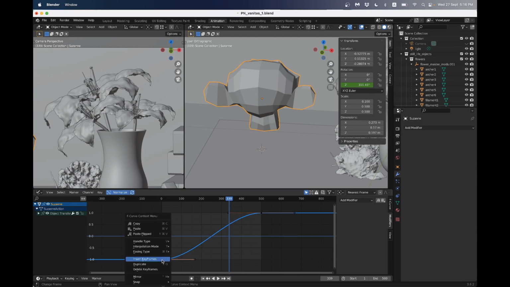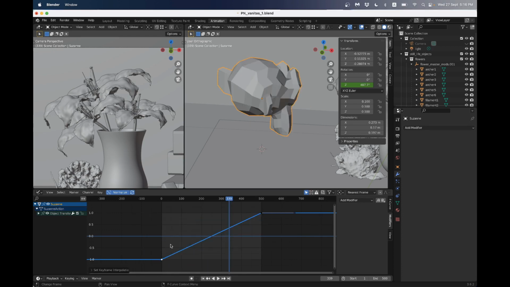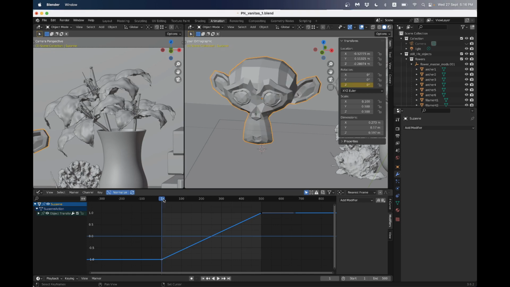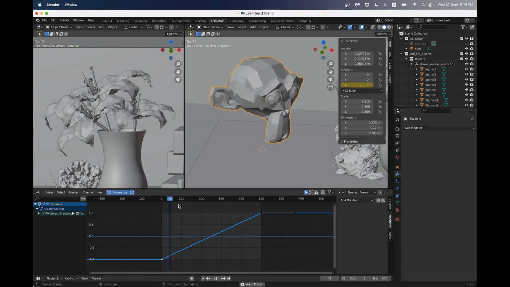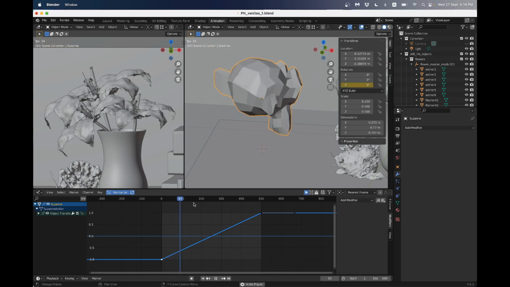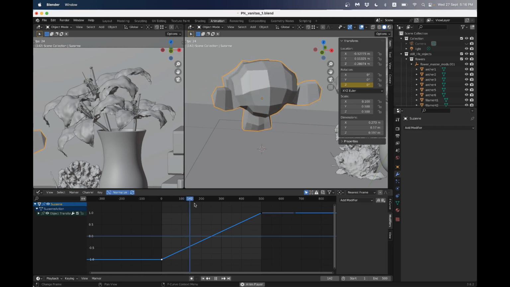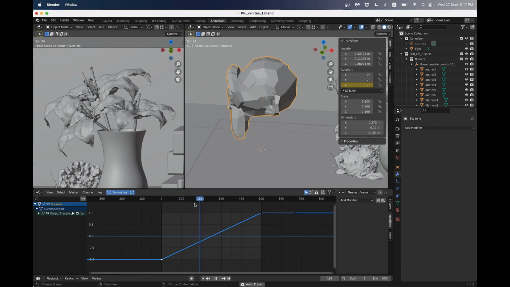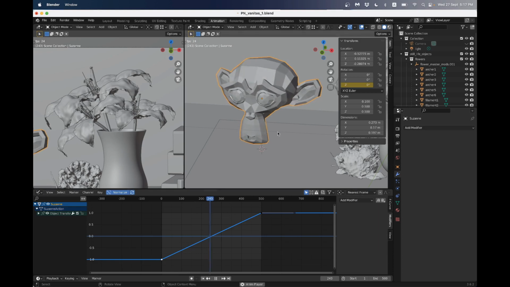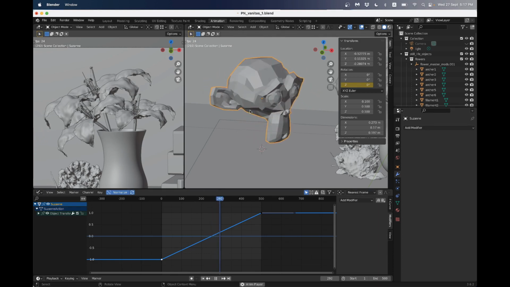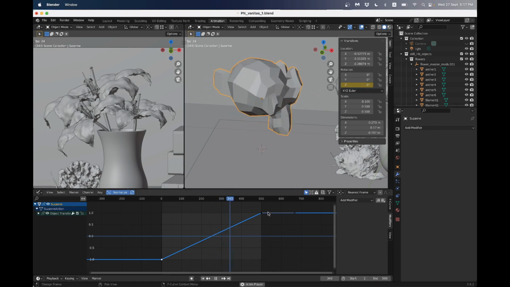If I right click on this animation and say interpolation mode linear, you'll see now what we have, if I press play, is rotation at a constant speed. So, depending on what you're animating, these types of interpolation would have different use. If you wanted to have, like an orbiting planet or something that sort of moves at a constant speed, you'd